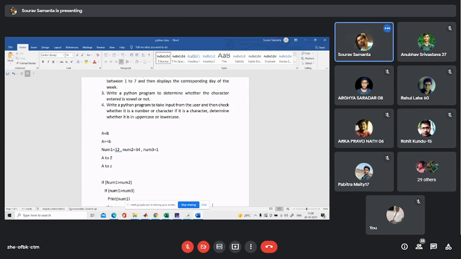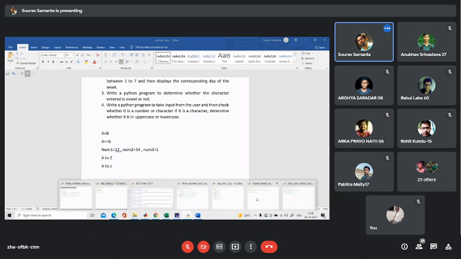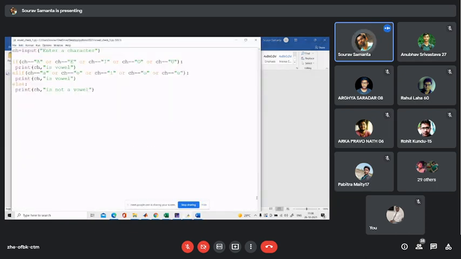Fine. Now, one of your friends told me that for this problem, without checking the uppercase and lowercase letters separately, we can do one thing. We can take the input from the user, and if it is a lowercase letter, we can make it uppercase.